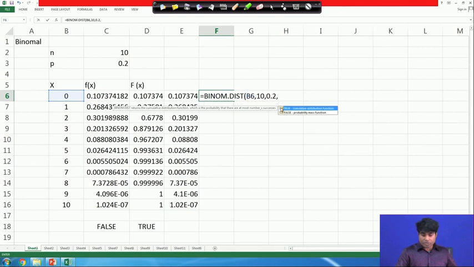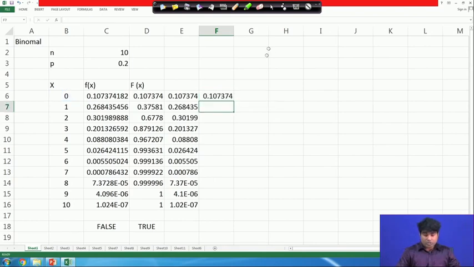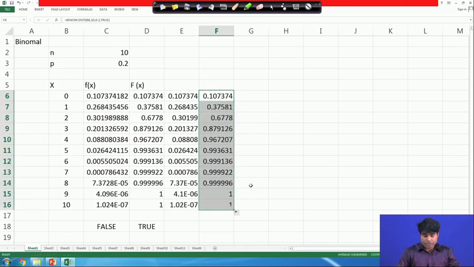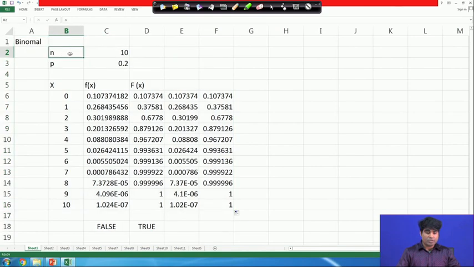So, we have already requested the false case, now we report the true case, then you just scroll it, and you will get what is actually called the cumulative frequency distribution. This is how the Excel spreadsheet will help you calculate the binomial distribution corresponding to the parameters, where n equals 10, p equals 0.2, and x is a random variable which moves from 0 to 10, right.